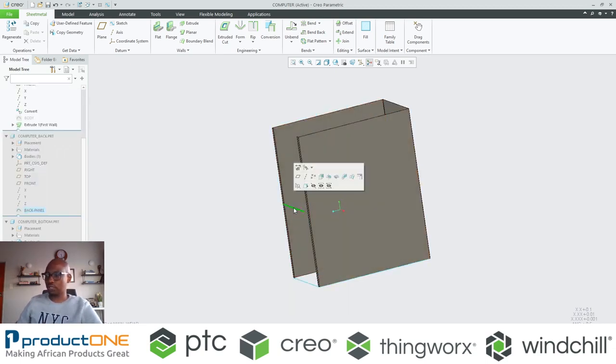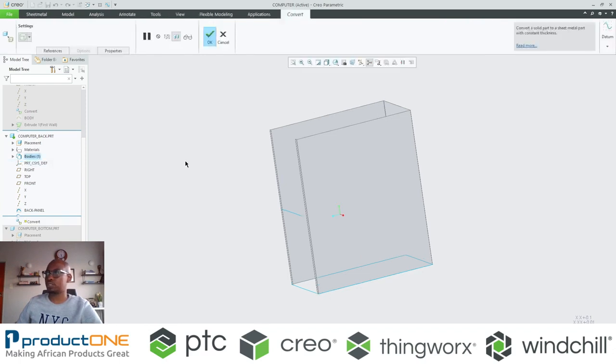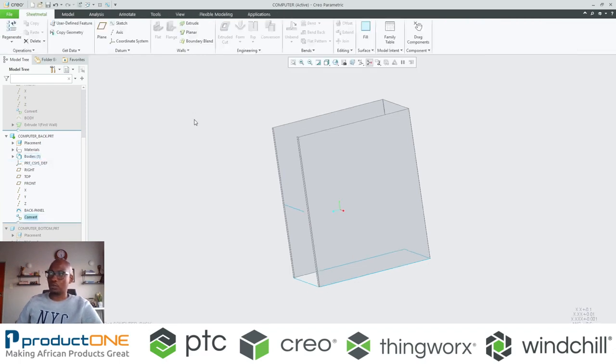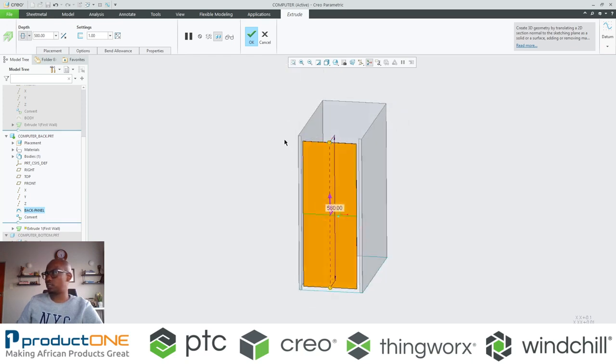And then what I'm going to do here is create the back panel. With the back panel, I'm going to do pretty much the same thing. As you can see, this is a component in standard mode. If I were to take this to sheet metal, all I have to do is just say sheet metal. Because there's no geometry to select, I'll just pick the sketch and say create an extrusion. What I'm going to do here is specify the length of the back panel. And you will be aware that the back panel is actually not